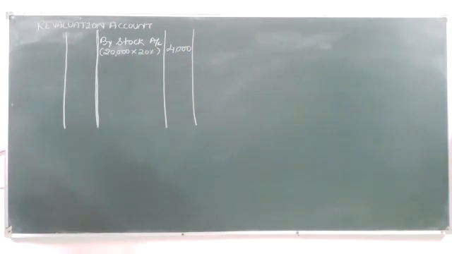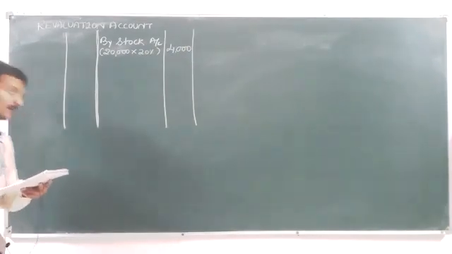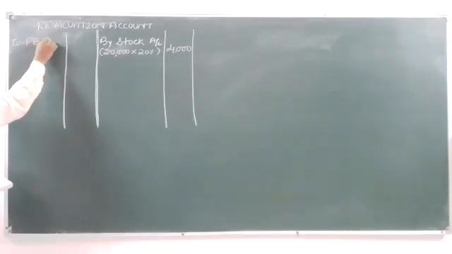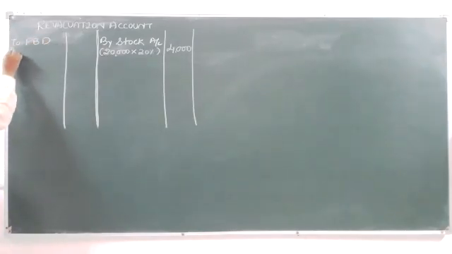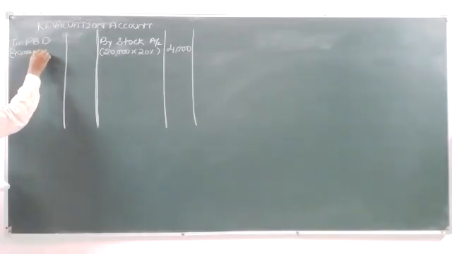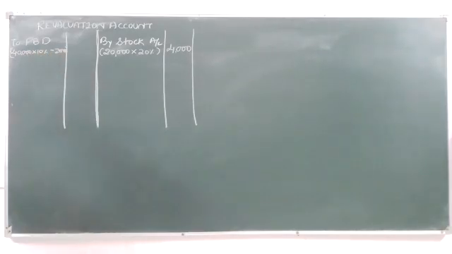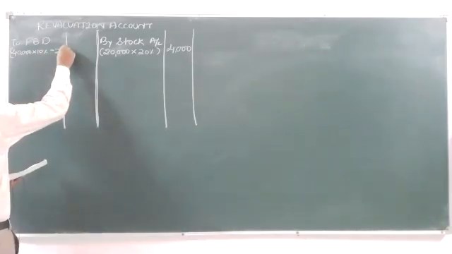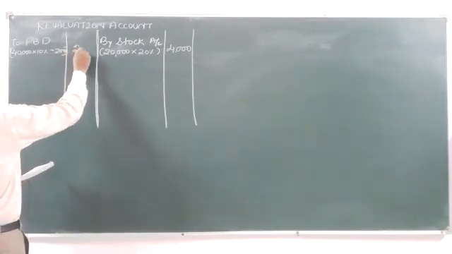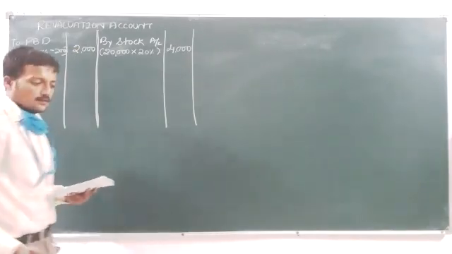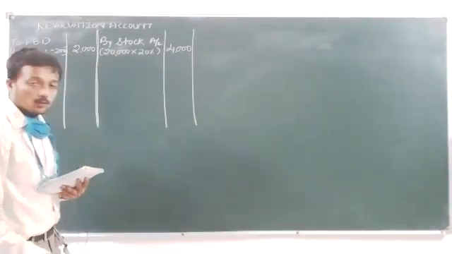Next, PBD is to be maintained at 10%. I have already told you how it is to be done. So first, I should write PBD and into a square bracket. First, 40,000 into 10%. That will be 4,000 minus 2,000, because 2,000 is already existing. So further, we need to create only 2,000.